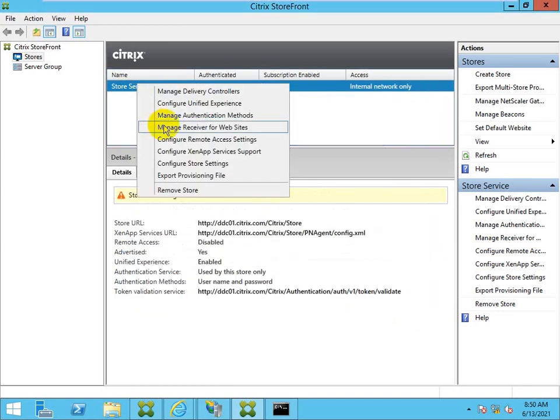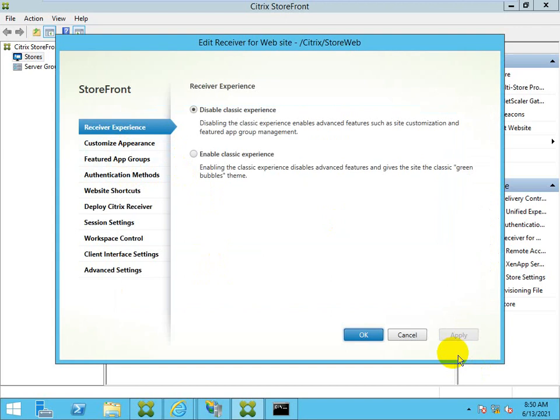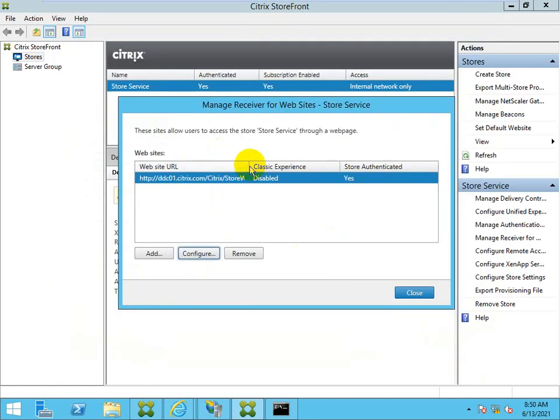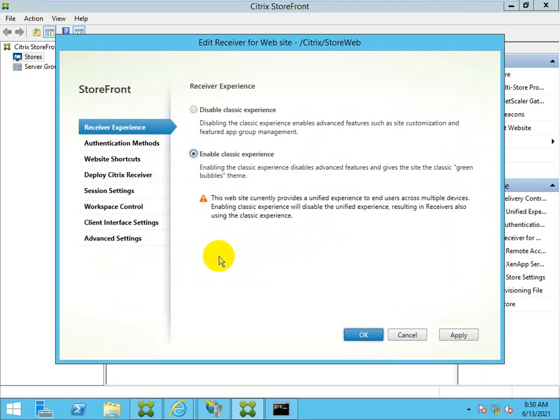Next one, manage Receiver for Web sites. Before that, I want to show the classic experience: it is showing disabled for this Citrix web store. I'm just configuring it and enabling it. This website currently provides a unified experience to end users across multiple devices.